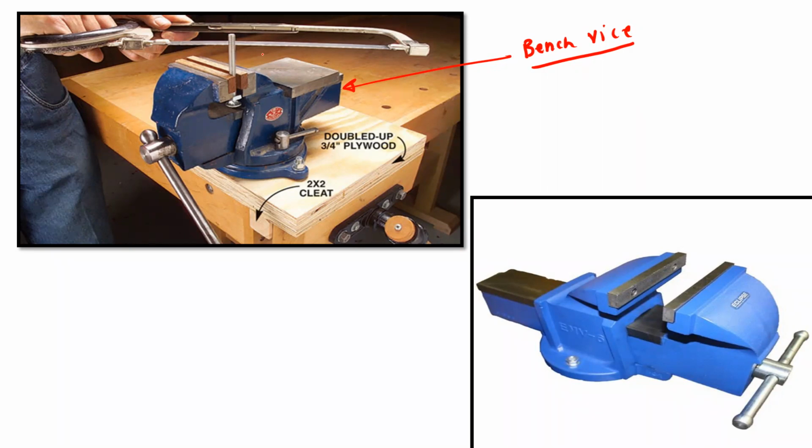So this is the cutting operation. This is called the sawing operation. So here there is one handle. So if you rotate this handle, then you can change the distance between these two jaws. Okay, so you can adjust the force.